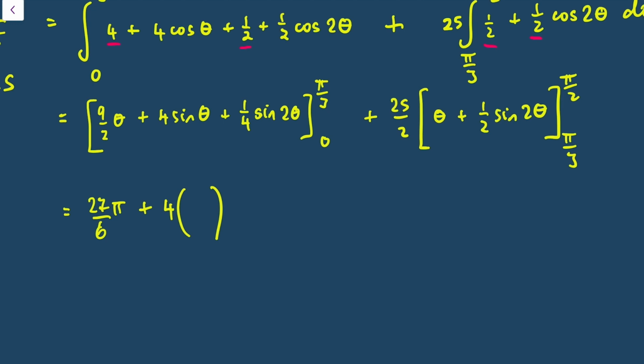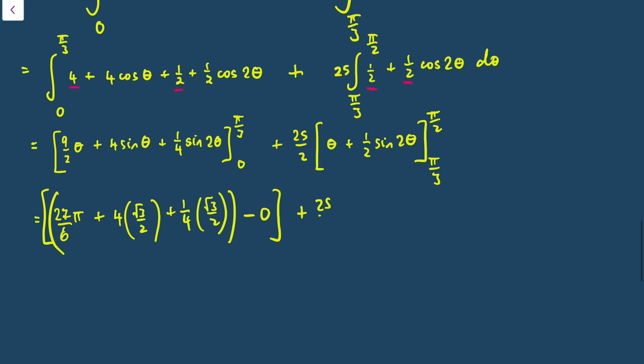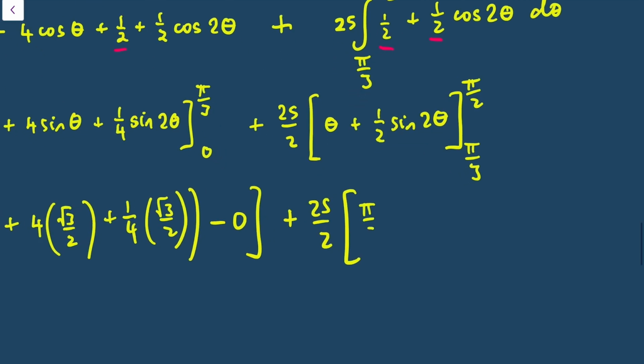Sine of pi by 3, which gives me √3/2, plus 1/4 times sine of 2 pi by 3, which gives me √3/2. So that's my first bracket, and then when I sub in 0, I just get 0. Okay, and then I'm going to get 25/2 here, and when I sub in pi by 2, I get pi by 2 for theta, plus 1/2 times, well, 2 times pi by 2 gives me sine of pi, which is 0. So that's 1/2 plus 0,